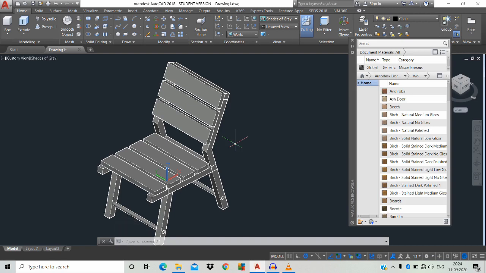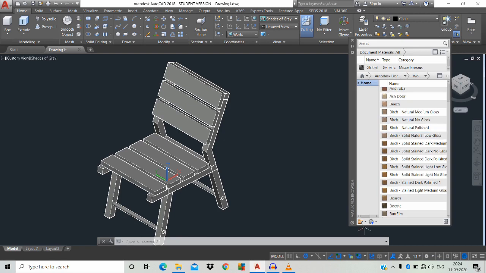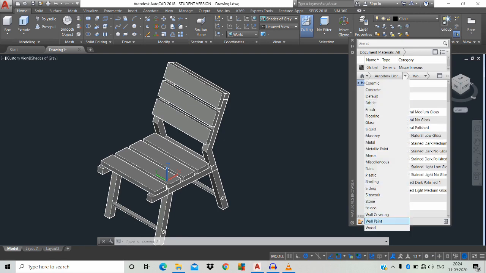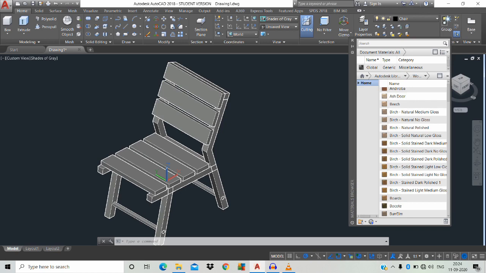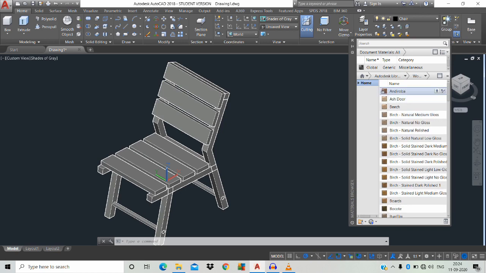Just click here, Autodesk library, go to wooden, we're gonna do it as wooden, right? Now just press left click over here and drag the icon and place it over here. Okay, we have pasted over here but we couldn't see the structure, right?